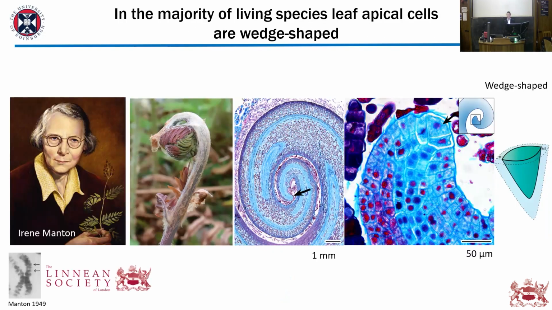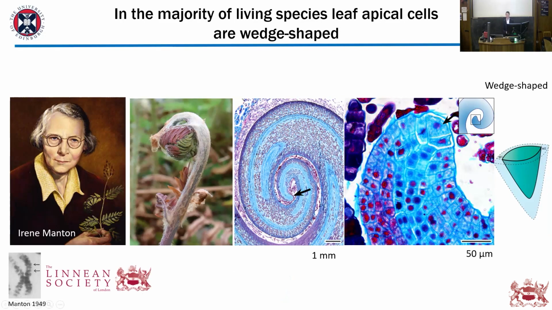Now, one species to potentially focus on could be Osmunda. And the reason why I think Osmunda is a great one to talk about is that if we were giving this talk in Burlington House in London, I'd be looking almost directly at this portrait of Irene Manton. She was the first female president of the Linnean Society, a fern enthusiast, and in her portrait, she's actually holding on to